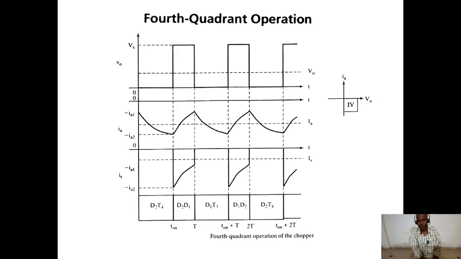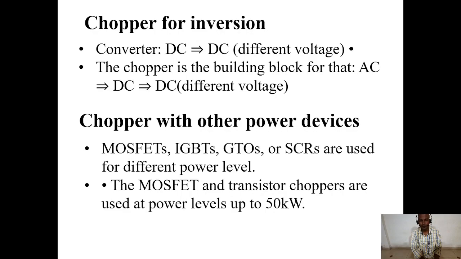And for the 4th coordinate operation, in the on state, for the first sequential operation, T on, D2 and T4 get in on state, and in the second model, D2 and D1 get in on, and similarly for the next sequential operation, T on plus T, D1 and T3 are in on state, and T on plus T2 to 2T, D1 and D2 get on. So these are the waveforms for 4th coordinate operation of the chopper. And now coming to the next concept,